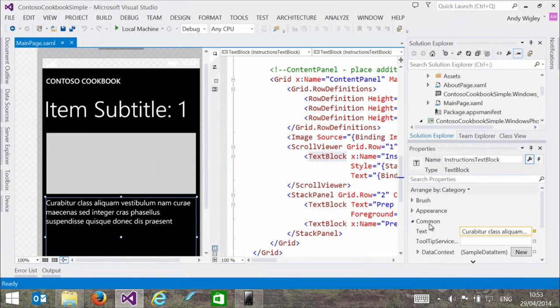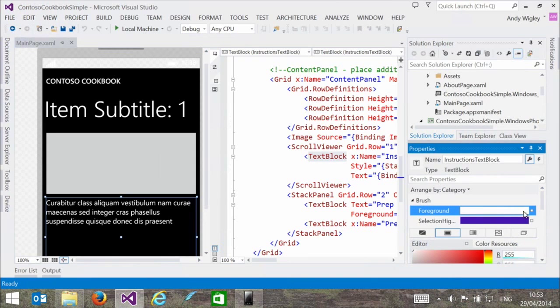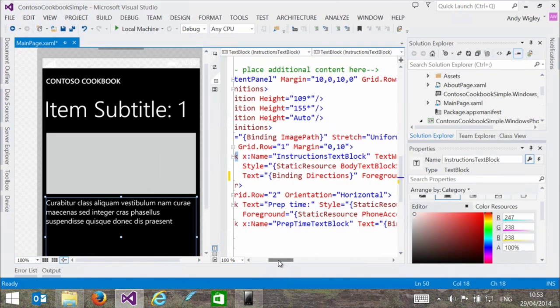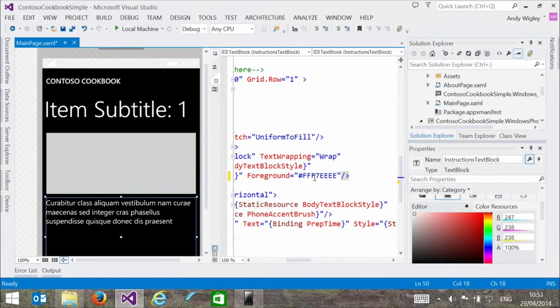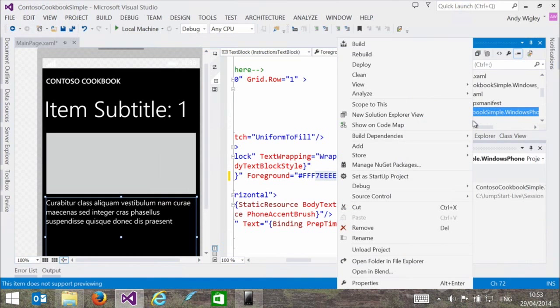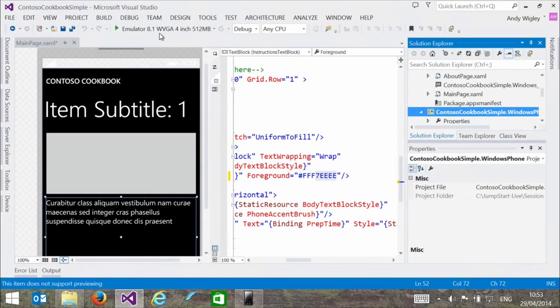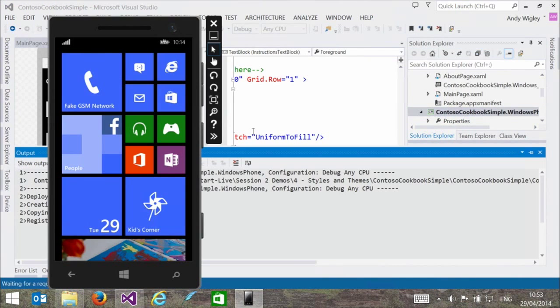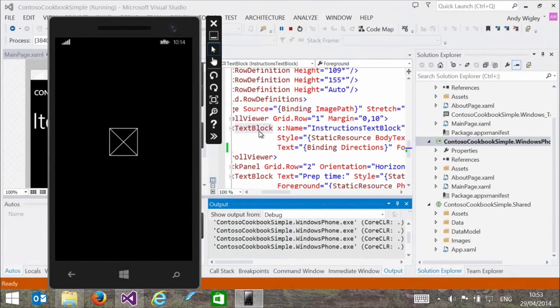I could set it to a brush. We could set it to a nice white brush, and in the XAML that should have set the foreground to be, well, it's nearly all white. Well, that'll do. Then we'll set that as the startup project and run it on the emulator. And our single page app will come up and it will look all right.